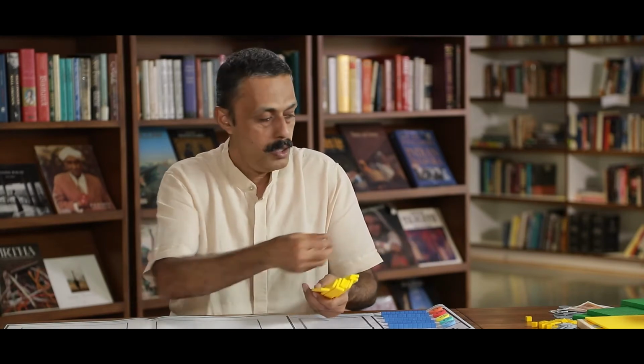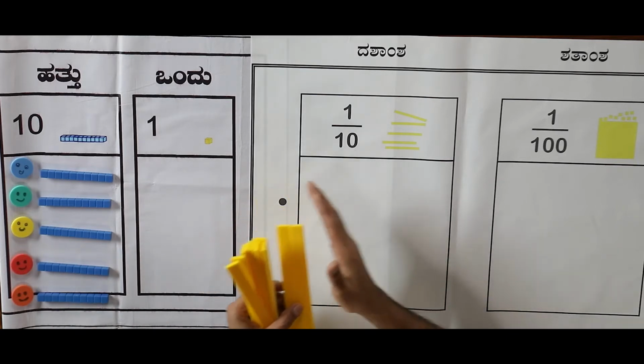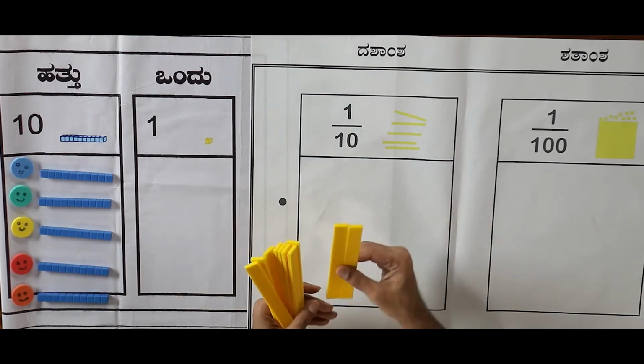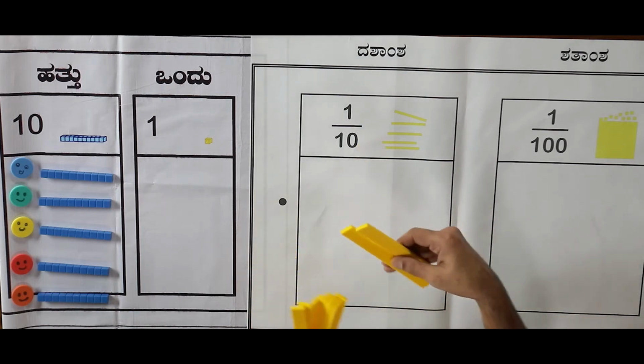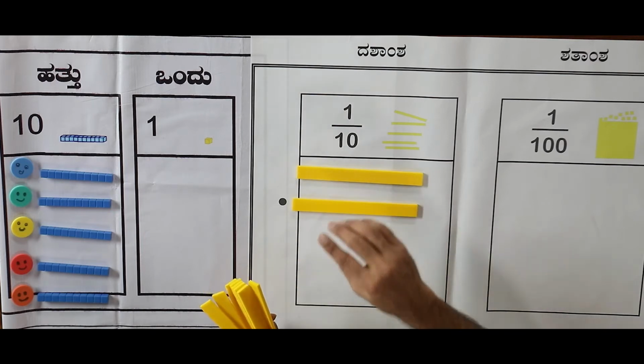We have seen the parts in the decimal tray. 10 parts of the unit, they look like this. This is for everyone to see. Otherwise, if I break it into 10 parts, no one can see. This is already small. The smaller pieces cannot be visible. I have cut them into bigger parts. Now this goes after the units place. It goes after the units place because it is less than the unit. This number has to be distributed.